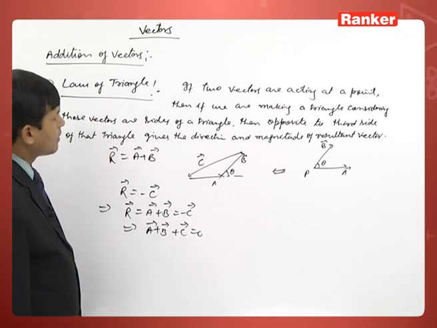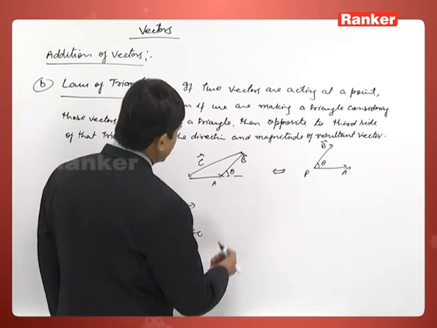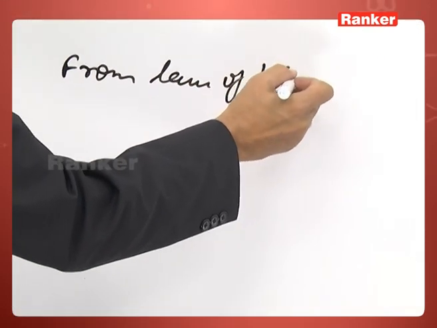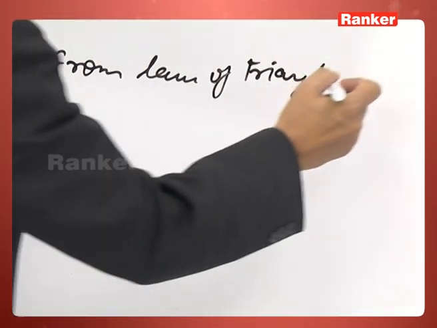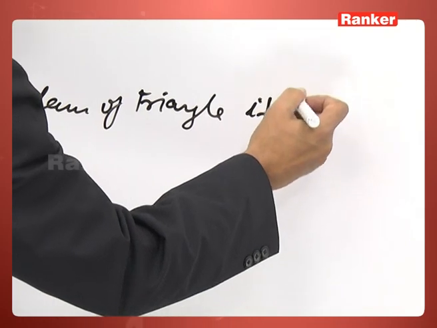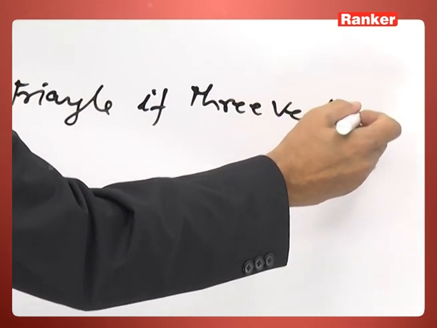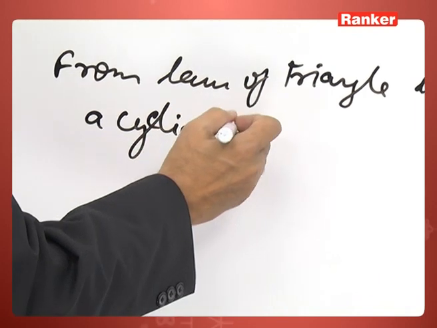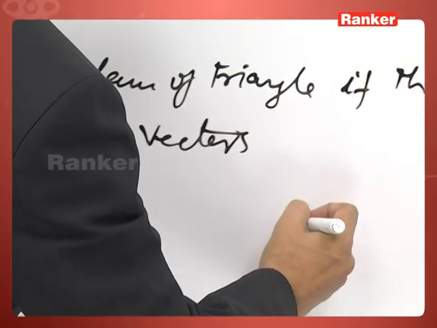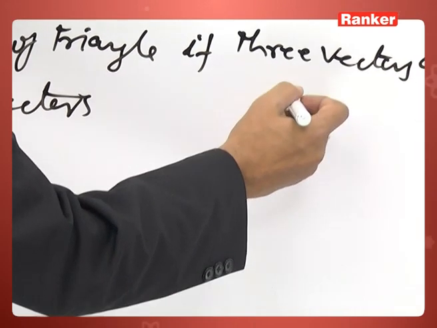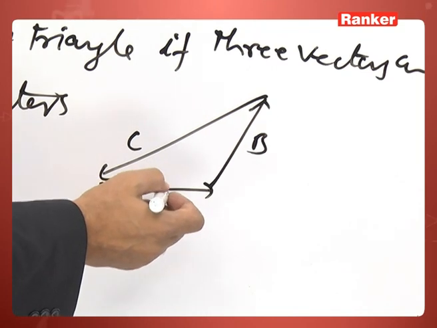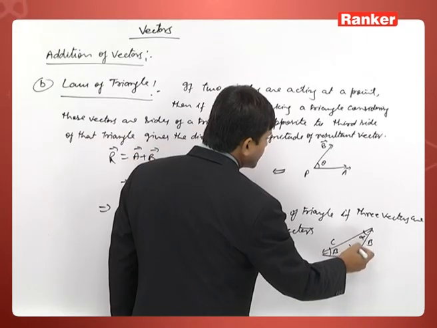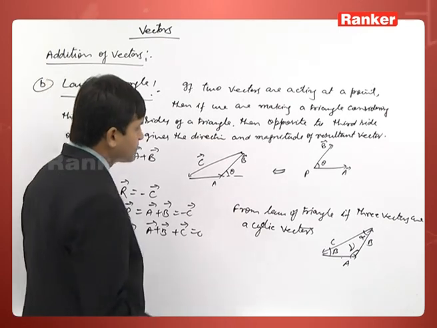This is the meaning of law of triangle. So, from the law of triangle, we can write, if three vectors are cyclic vectors, it means vector A, vector B and vector C. Angle opposite to vector A let alpha, opposite to B angle beta, opposite to C let angle gamma. So, we can write here from law of triangle,